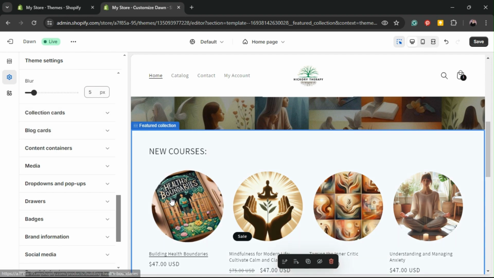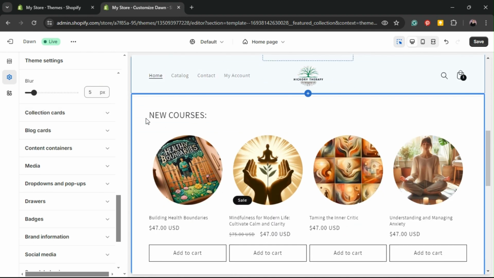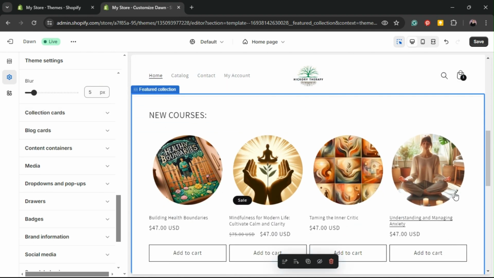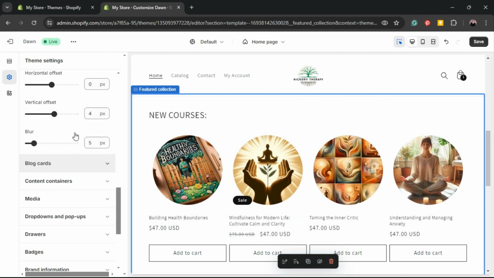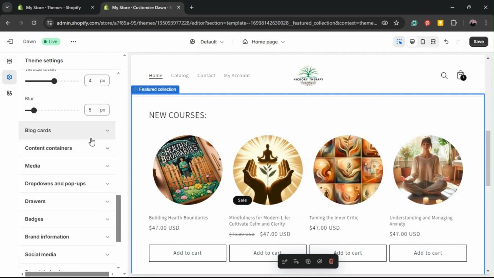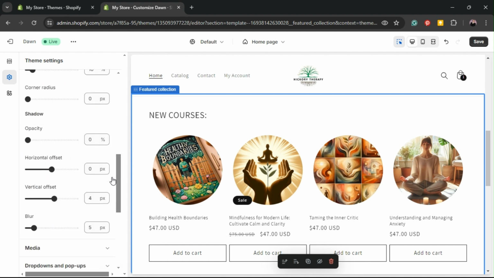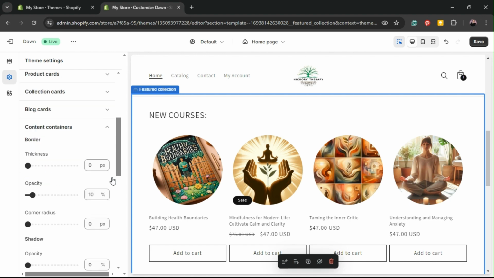Collection cards we haven't used. We're just using the product cards for now. But collection cards are, say you had 5 different courses about anxiety, you might bundle those into a collection called anxiety courses, and you could display those here, and you just edit those options. Likewise with blog cards. Containers, again, we've just got basic